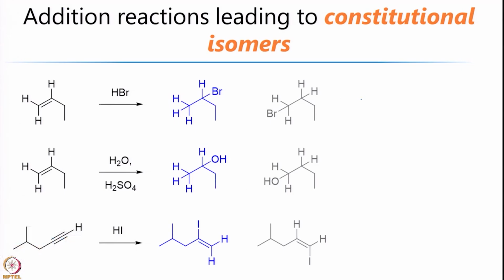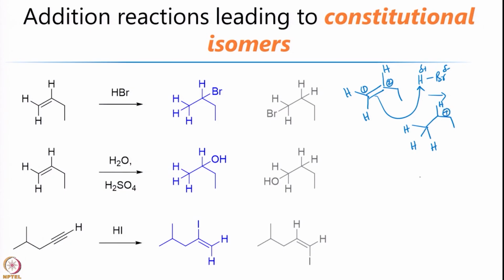So if you take the starting material, you have a double bond, a hydrogen and an ethyl group. And you have HBr, so you have an H and Br. This is typically a polarized H plus Br minus, and this double bond attacks it. That could lead to 2 possibilities. If I call this carbon 1 and this carbon 2, the hydrogen can go to carbon 1, and that would leave